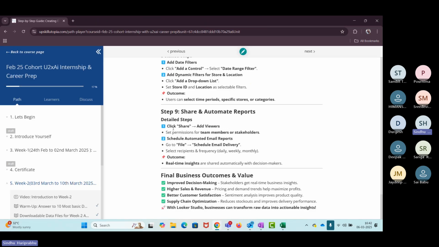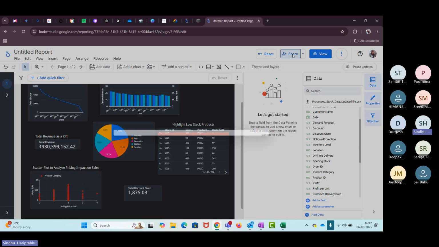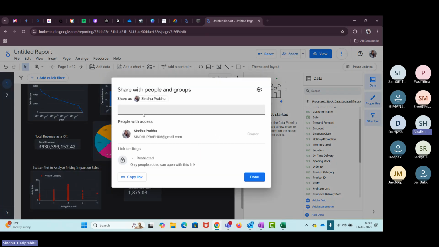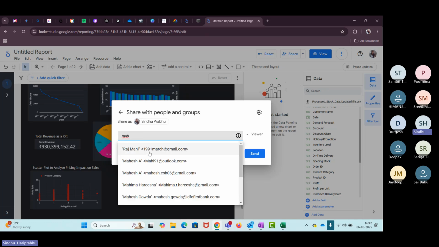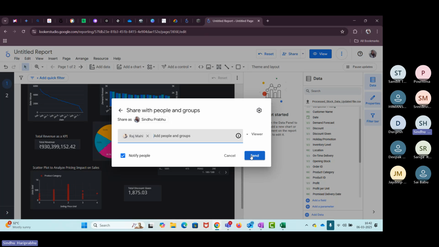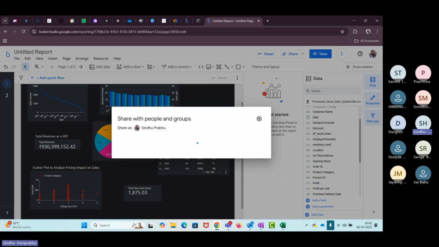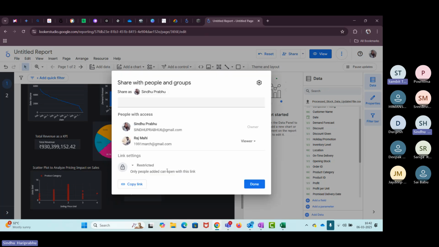And once you're done with this, it says share add view. So there is an option called share. You can click on share button and you can send it to people whoever you want. So I'll be sending it to some random person. Click on send option, so it will automatically send this data to them. In real life, you can think about that you want to share the information with your manager or your other peers. You got a logistics data set. Now you are done with your analysis and you want them to review. That's what you can click on the share and they will have access to this report. Yeah, so click on go ahead.